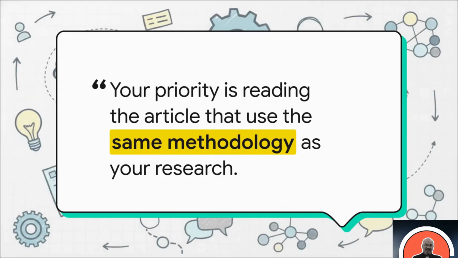And that brings us to a golden rule. Your absolute priority is reading the articles that use the exact same methodology as your research. Aligning your focus directly with your methodology is what saves you from just wandering aimlessly into totally irrelevant territory. If you're building an argon detector, spending 3 weeks reading about the subtle nuances of xenon detectors might be scientifically fascinating, but it's pulling you completely off your map. Stick to your specific coordinates first.